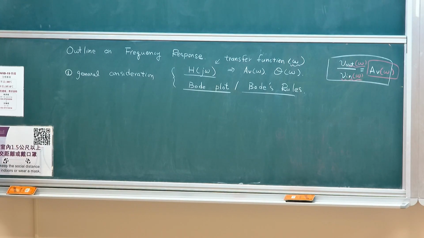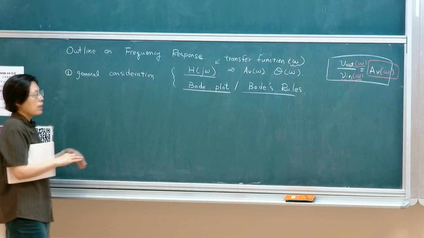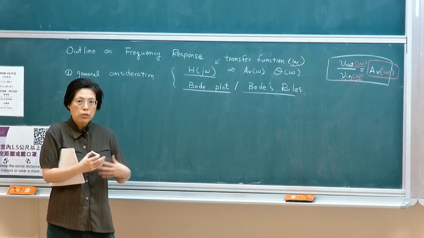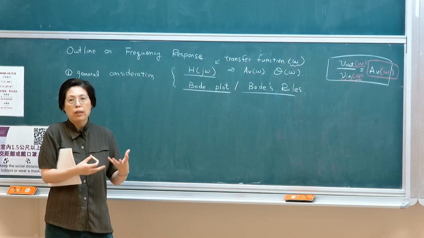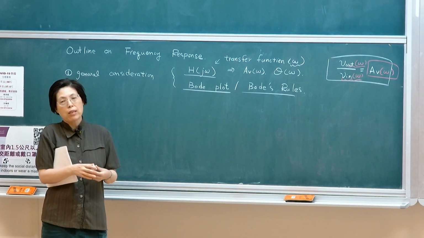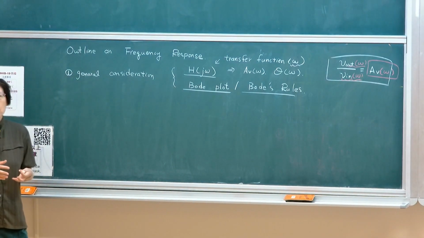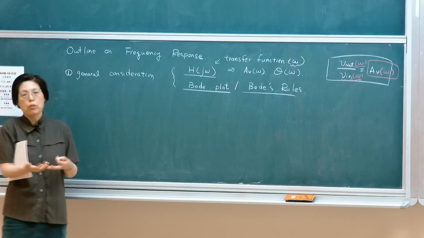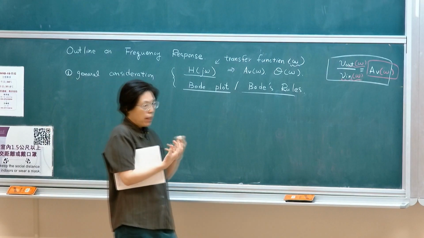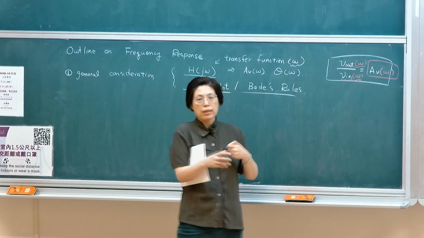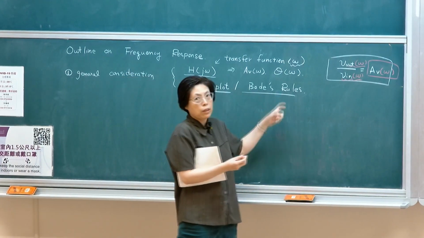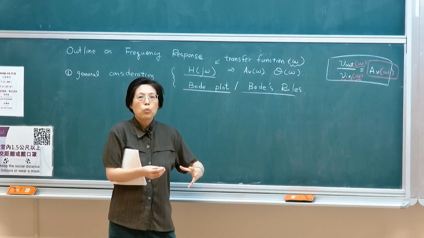We're not going to cover feedback in this class, but when you're taking courses like analog circuit designs, it would then venture into most of the electronic circuits are actually operated in a feedback mode. If you're having a feedback component, either is negative feedback to stabilize the output or positive feedback to create oscillation. So in feedback control, stability is very important. So then we need to use Bode plots or Bode rules, allow us to get a sense as to when